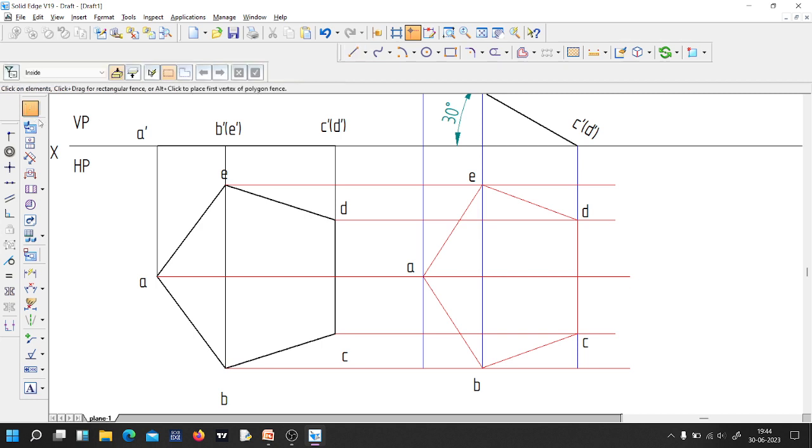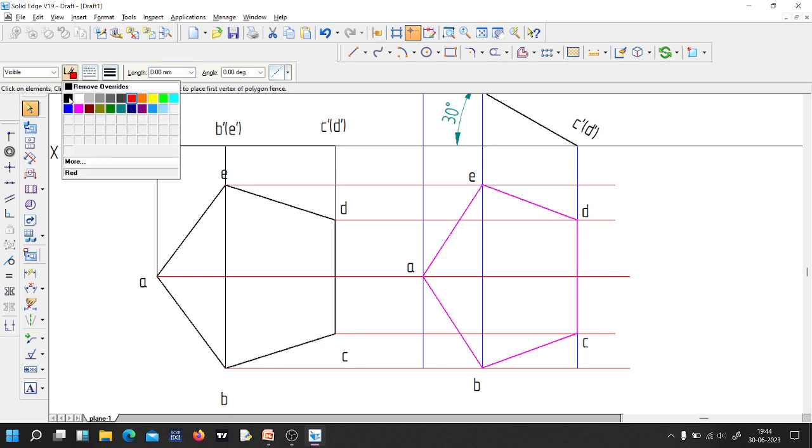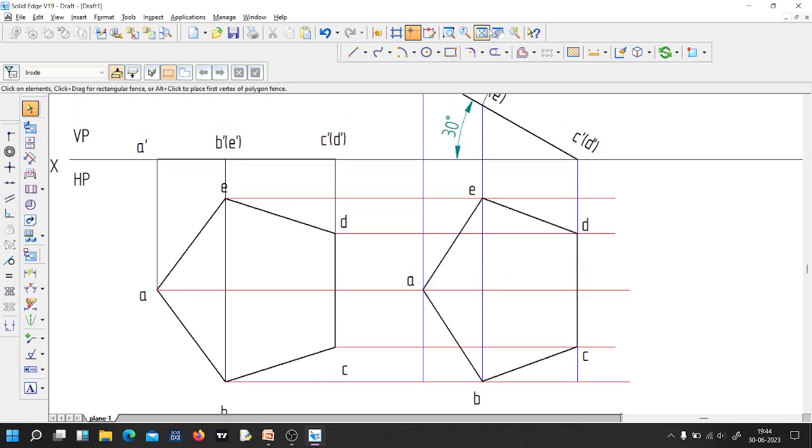Okay. Now as the line thickness has to change to 0.5, that is black. Okay. Now next step,